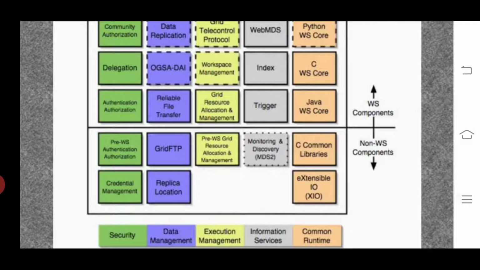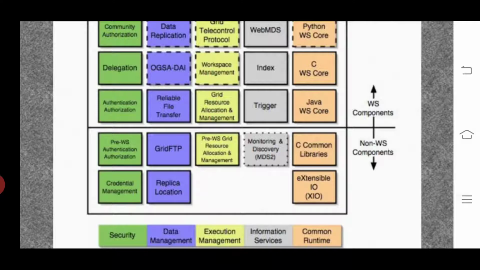Coming to the blue color, it denotes data management: data replication and OGSA-DAI, reliable file transfer, GridFTP, the fast internode file transfer, and replica location.